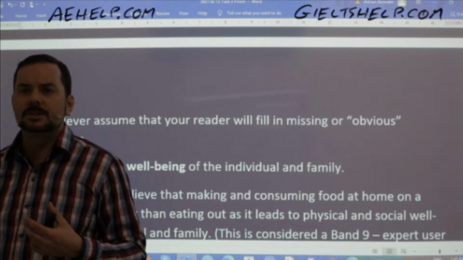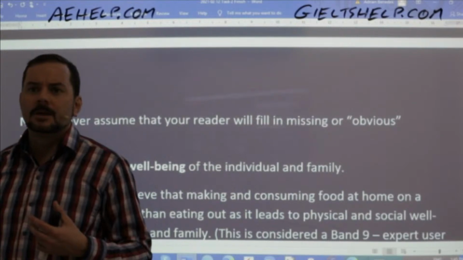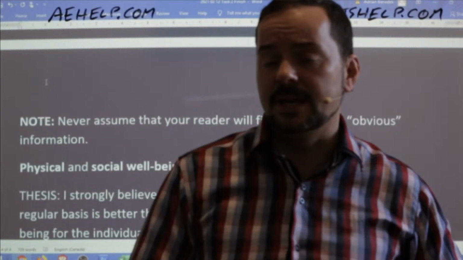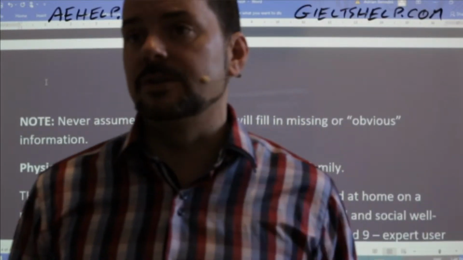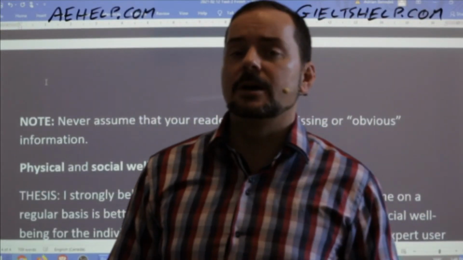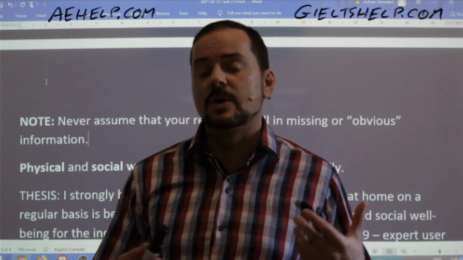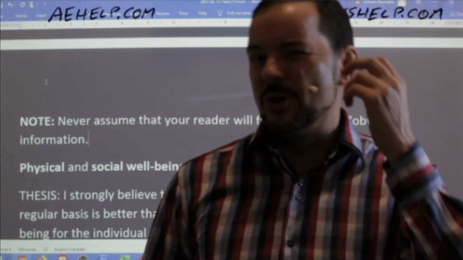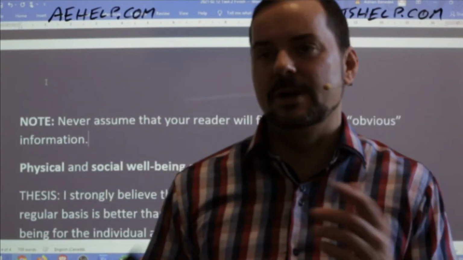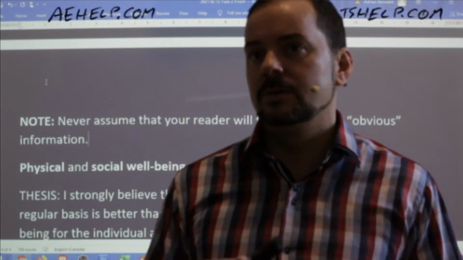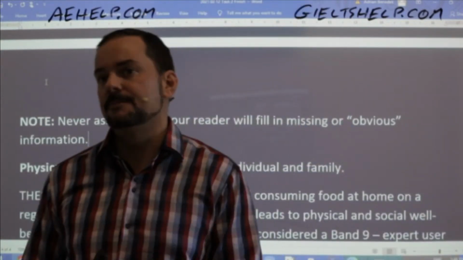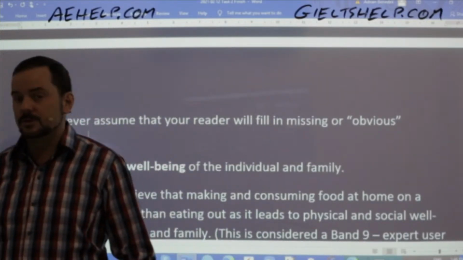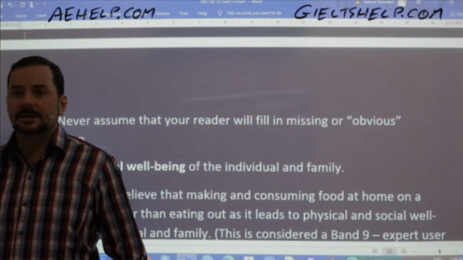Let me read it one more time. The choices of preparing and consuming food at home have been decreasing. And you ask me, what is this essay going to be about? I'm going to tell you it's going to be about the reasons why people don't eat food at home anymore. And then you're going to go, no, that's not what I'm trying to write about. I'm trying to write about where it's better to eat food. Okay? So peer review is good, and of course self-review is good to make sure that that's not happening.